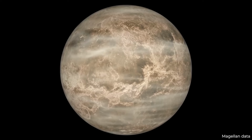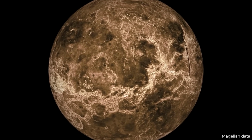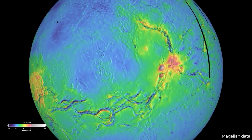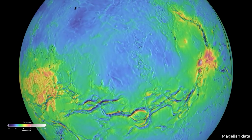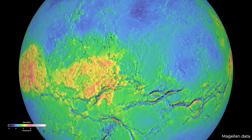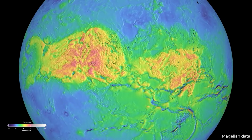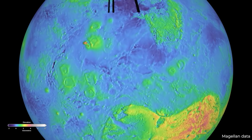So Magellan used a radar imager. Radar really measures the structure of the surface. The real key value that the scientists are looking for from a subcloud imager is the wavelength. So we want to do visible and near IR. Those bands are important because we'll be able to see not only reflected light off the surface, which is kind of how we perceive the world, but also, in that near IR,